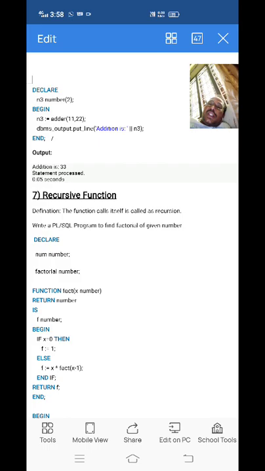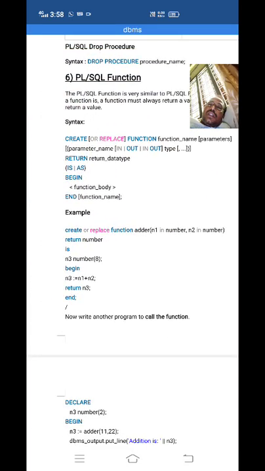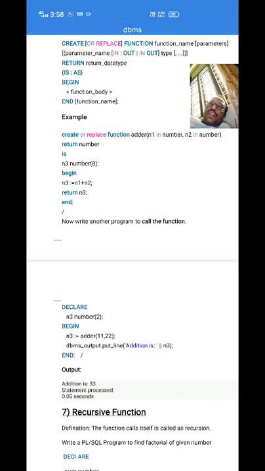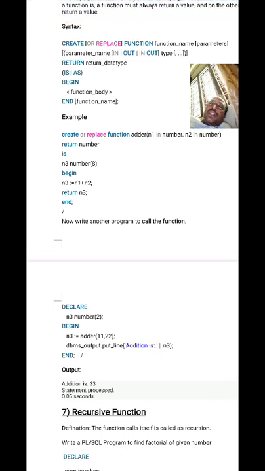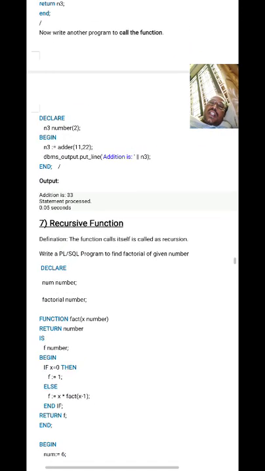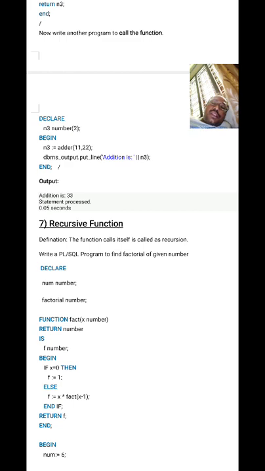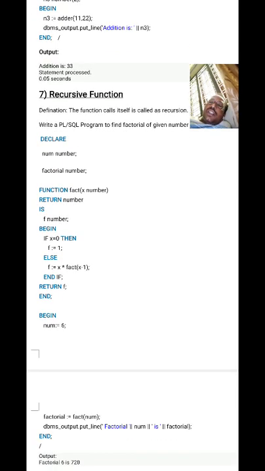Okay, so once again I will tell that functions are two types actually: user defined, predefined. The function whose definition is already there is called predefined or built-in. What the user writes and defines to solve a task is user defined. That function you can write in a separate program or in the program also. If you have written that function in a separate program, it can be used in any number of other programs. So that is one thing. And the second one is a recursive function. Yes, the function calls itself is called recursion.